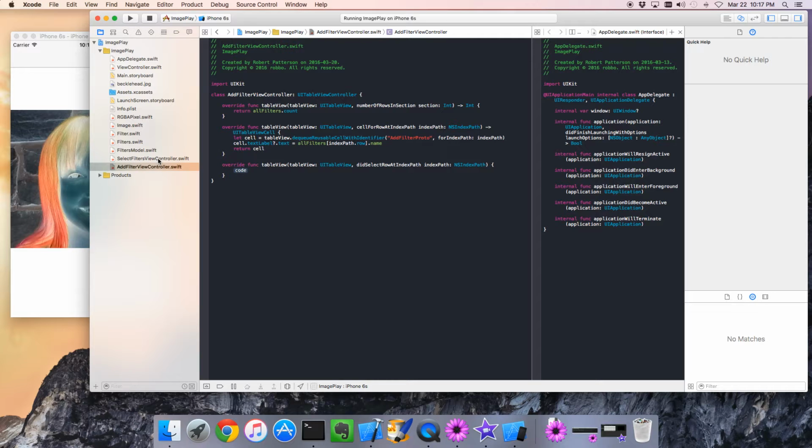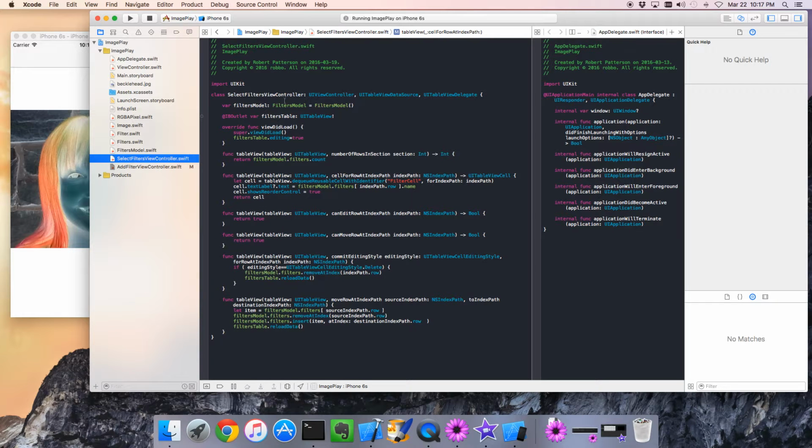We want to go to our filters model, and this doesn't have access to the filters model yet. So let's go back a step to our Select Filters view controller. This guy has the model. Let's pass it to our Add Filters view controller so that it'll also have access to the model. We'll do the same trick as before where we know when we go from this view controller to the next one, it's going to call that